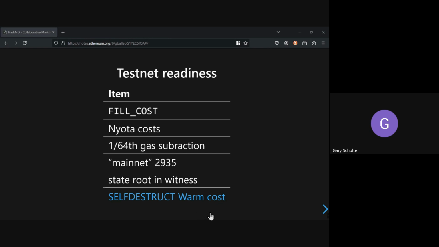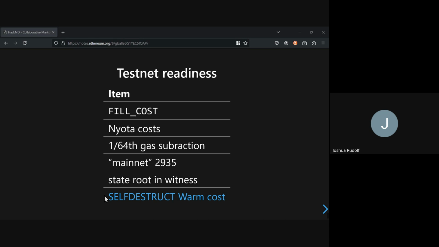Yeah, we're still waiting on some of the database work that we are refactoring before we get the fill cost and IOTA costs and so forth in. So we would probably be joining the testnet after it started, if it started with these criteria.